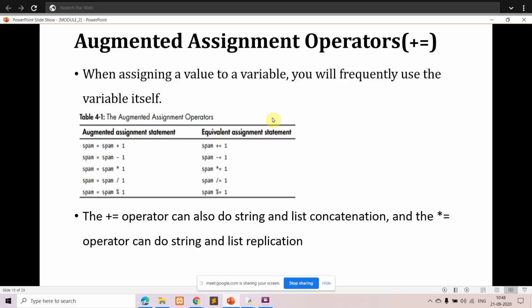And the last one we had seen is augmented assignment, that is equivalent to the shorthand operator you have already learned in the previous semesters. Along with that, the additional thing you should remember is that plus is equal to is used for concatenation, and the star equal to is for replicating the data of your string.